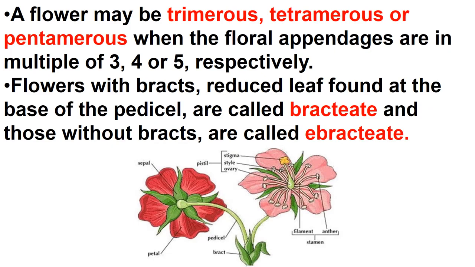So whenever you see a flower, just try to observe if bracts are present or not, and where the sepals are present. So you can better understand the structures of flower whenever you go outside of your house. Just try to observe the flowers, either it is trimerous, pentamerous, and where the bracts are present, either it is having distinct sepals or petals or having perianth condition. Okay, so observe all these things.